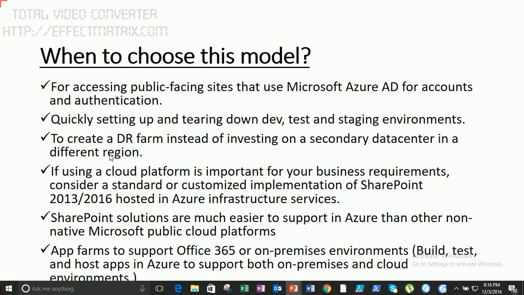Okay. And to create a DR farm, this is something which I spoke about before. Okay, you could have a DR farm running on Azure. And the other thing which I want to clarify here about DR is, as far as SharePoint DR is concerned, there are two ways. You could either have a stretched SharePoint farm, or you could have a DR farm separately altogether. So what I mean by a stretched farm,